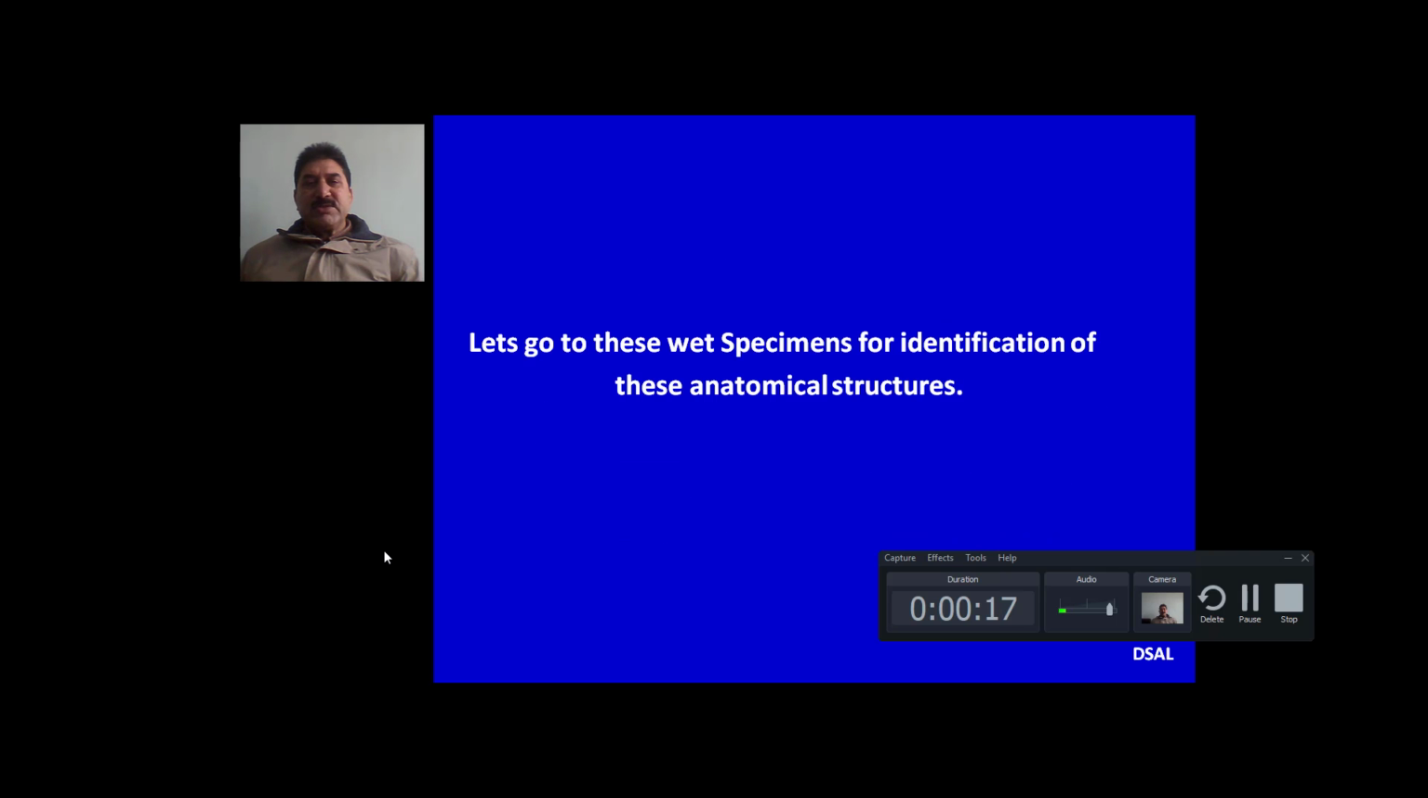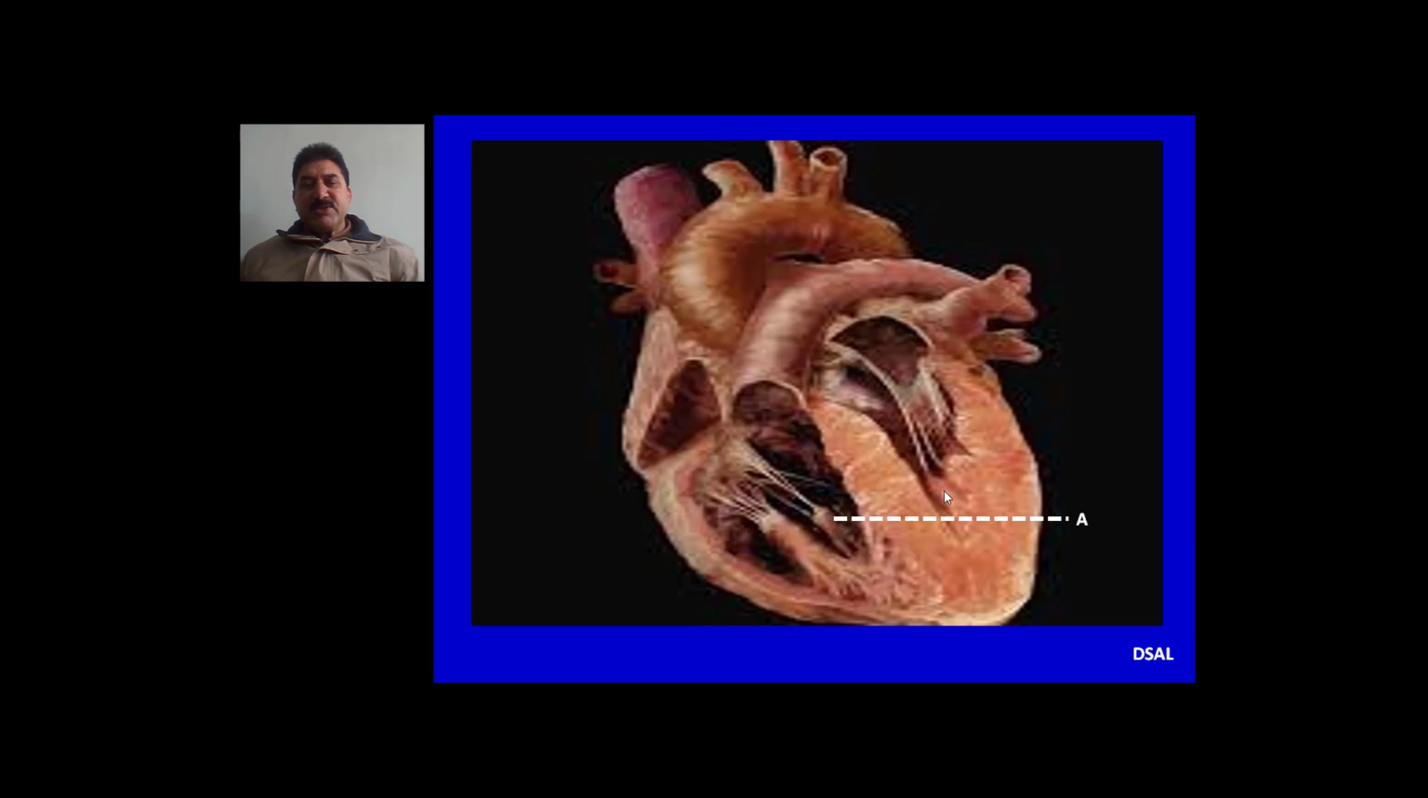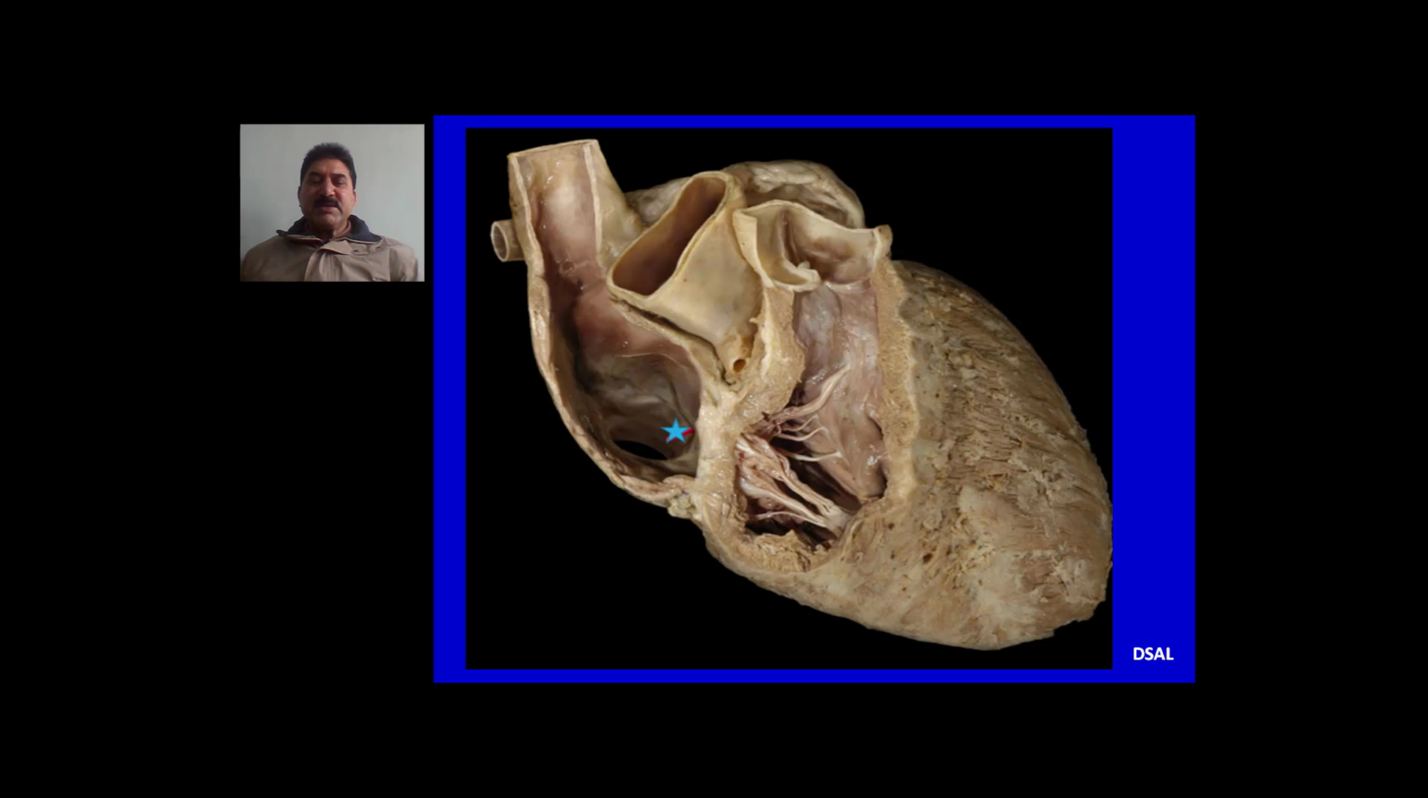Now let us go to these wet specimens for identification of these anatomical structures. In this wet specimen, A represents the posterior papillary muscle in the right ventricle, B represents the mitral valve, posterior leaf, C represents the pulmonic valve, and D represents the anterior papillary muscle. In this wet specimen, A represents the aortic valve, B represents the septal papillary muscle, C represents the anterior papillary muscle, and D